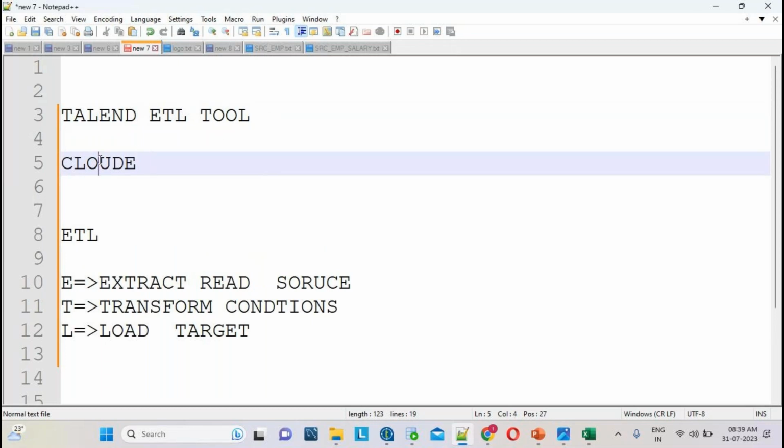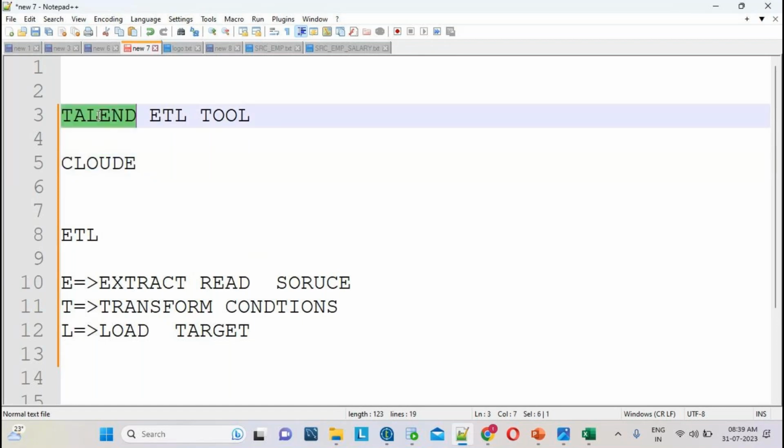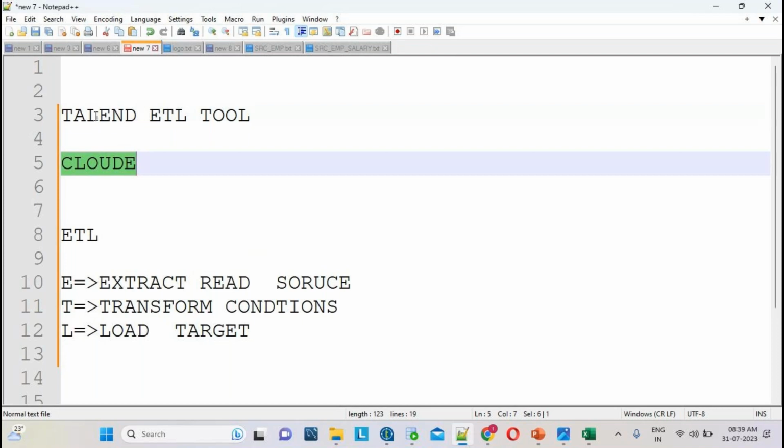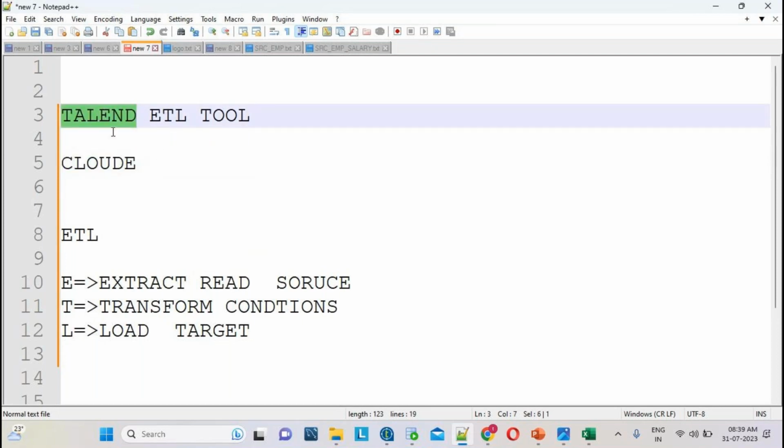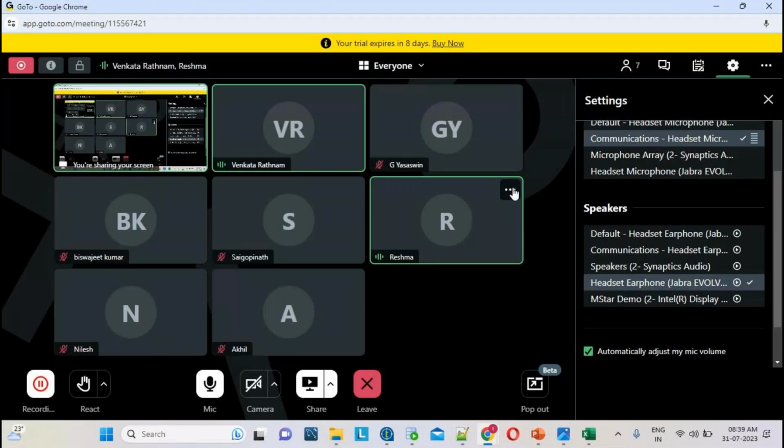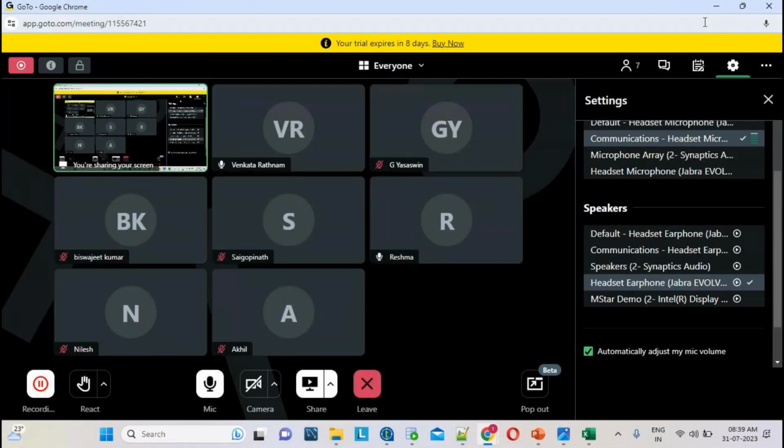Snowflake, Azure, GCP, AWS, I can integrate them easily. That's why it is a more powerful tool in the market.